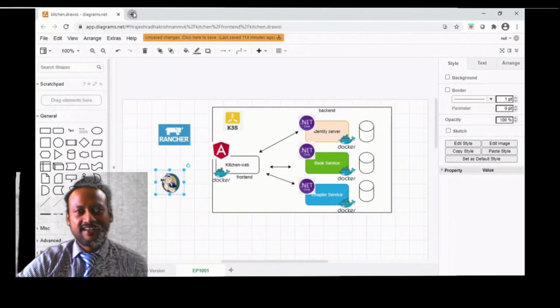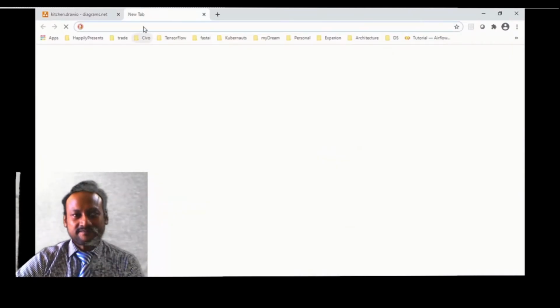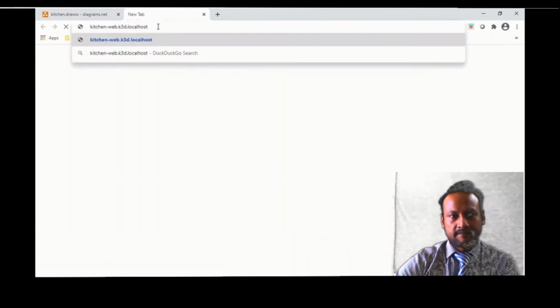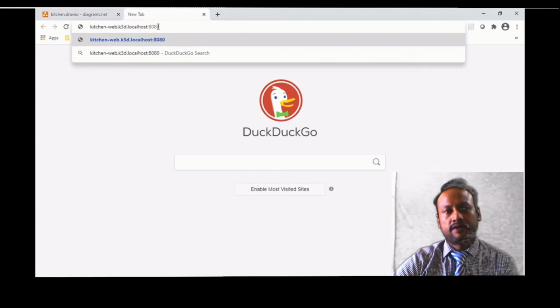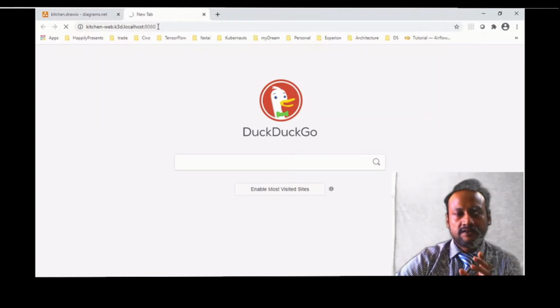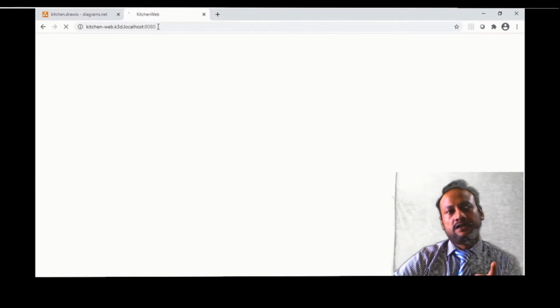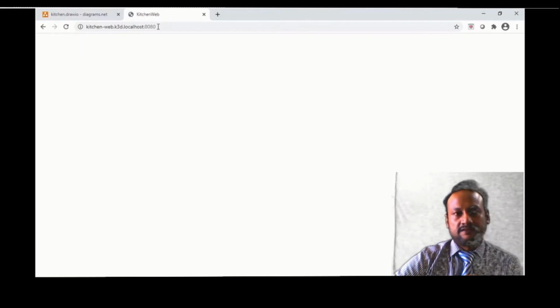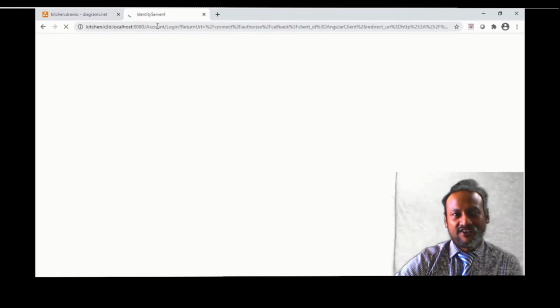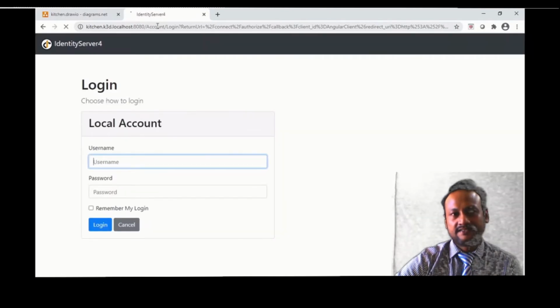Okay, experiments with failures. Yes. Let's log into the app. Using the URL, from the architectural diagram you might have seen, I am hitting the front end. Now the front end contacts the identity server. You could see the URL changes. Yes, it has contacted the identity server. We get the front end.